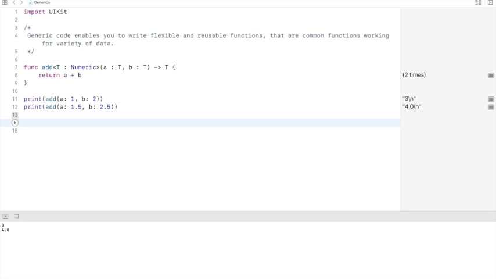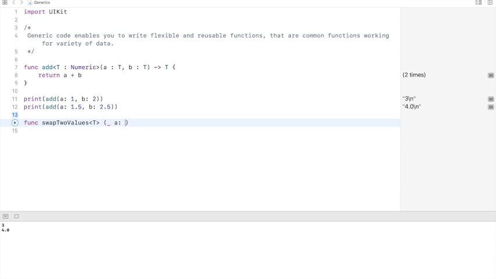It would no longer need to meet the protocol Numeric. It would just accept any kind of data that may be string, integer, or floating point. So let's define the function, and it would swap two values, right? And the type would be T, and the argument would be